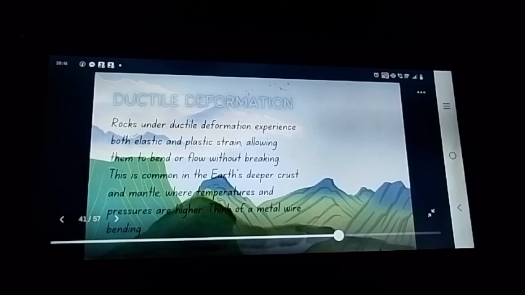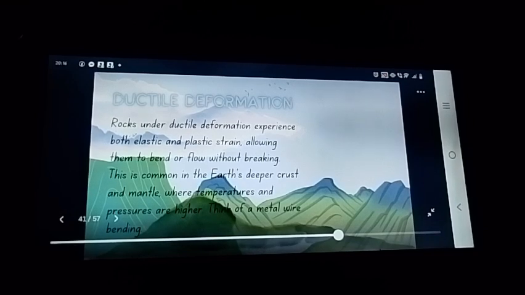And next, ductile deformation. Rocks under ductile deformation experience both elastic and plastic strain, allowing them to bend or flow without breaking. This is common in the Earth's deeper crust and mantle where temperatures and pressures are higher. Think of a metal wire bending. Imagine a metal wire. You can bend it without breaking it, and even if you release the pressure, it will stay